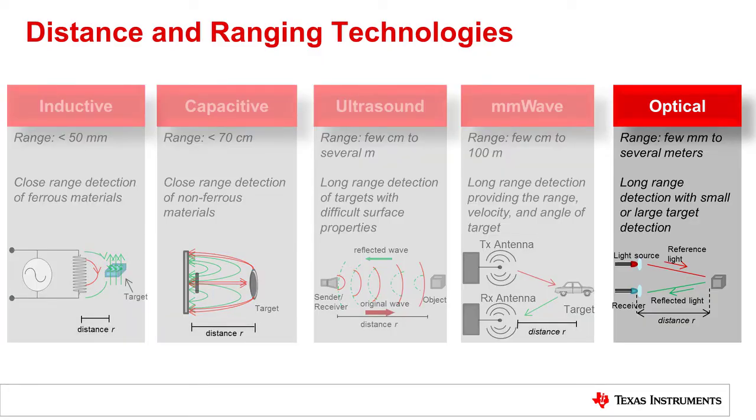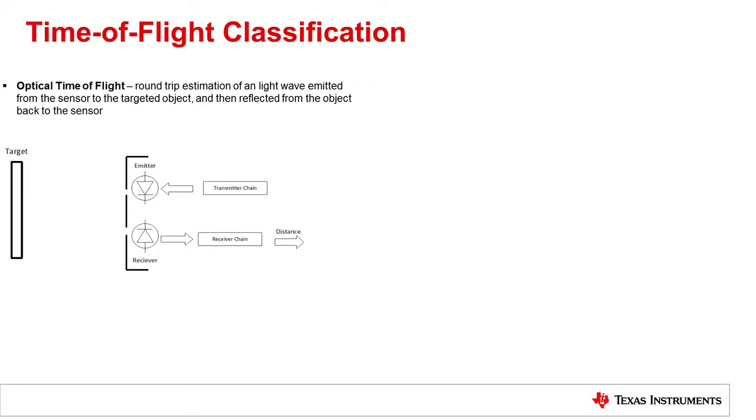However, in this video, we will cover optical time-of-flight technology, which has been used for over a century. With this technology, a light emitter and a receiver form the sensing elements of the system. The emitter, typically an LED or a laser diode, sends light pulses that bounce off the target, and part of the reflected light is returned to the receiver, a photodiode. The measured time of the round trip taken is an indicator of the distance to the target.